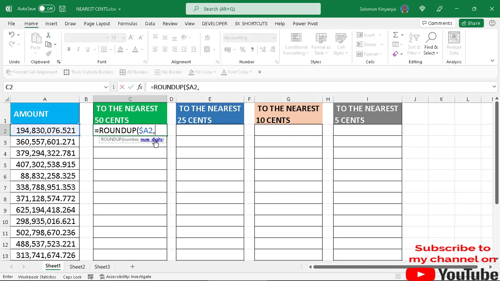So before we put the comma, multiply that by 1000, because the amount is expressed in the accounting format, in thousands. So then we divide by 50. So that is for the 50 cents, comma, -1. So the -1 there approximates to the nearest tens. So then comma, again divide by 1000